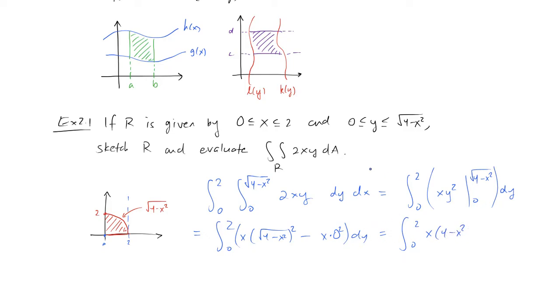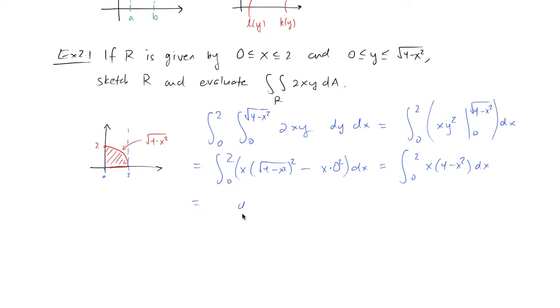And I just noticed I made a mistake here. So these are x's here. We've already integrated with respect to y. And then we'll get 4x minus x cubed, which becomes 2x squared minus x to the 4th over 4